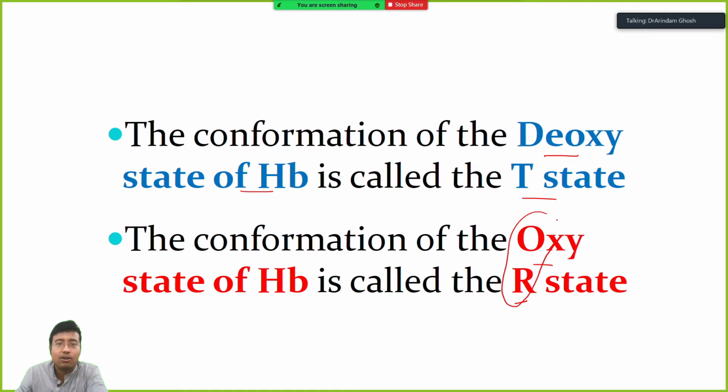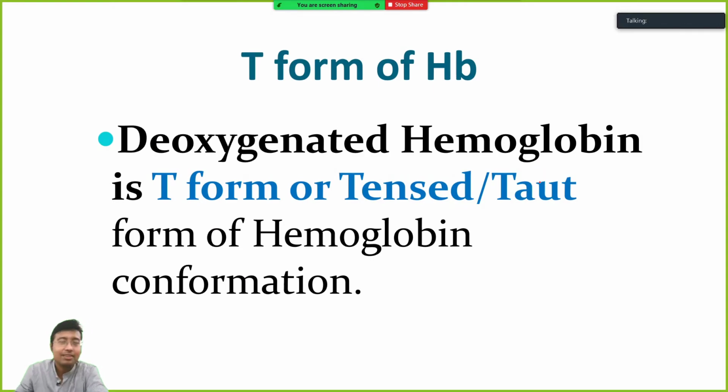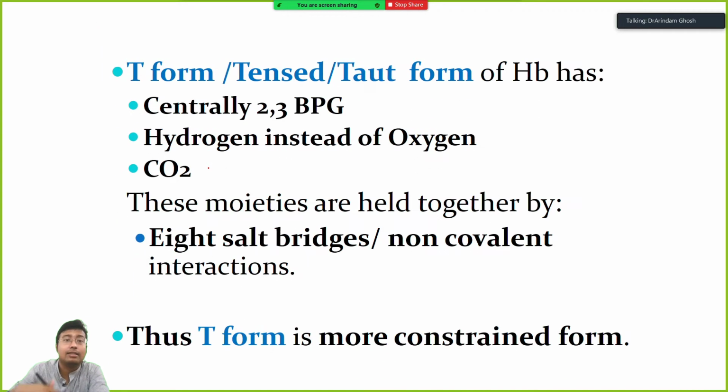You can remember, or at least keep it in mind, so it's good. Now we will be discussing a bit regarding both the T form and R form. The things we have discussed will be repeated now. So the T form or the tensed form is the deoxygenated form, and generally